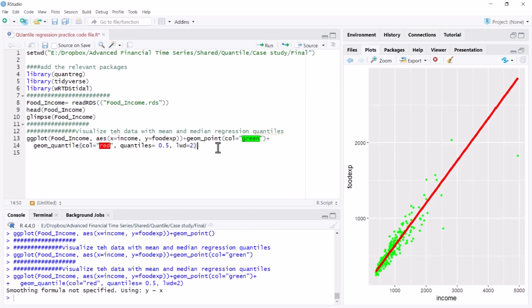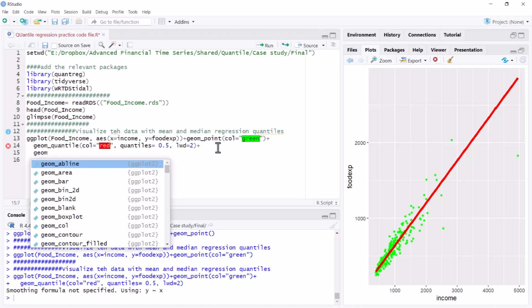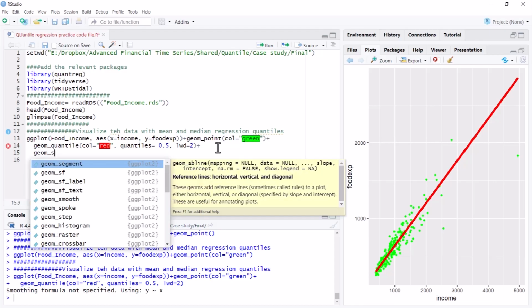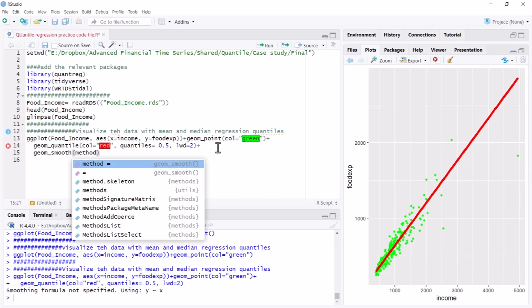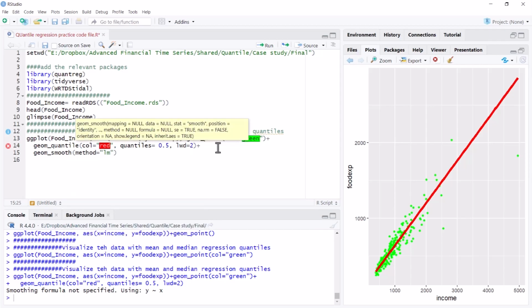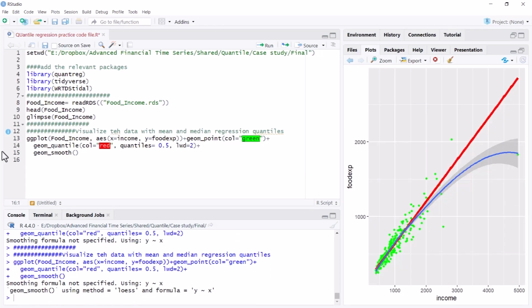Also, I would like to pitch it against the OLS kind of model. So what if, along with this median, the OLS, which is a representation of conditional means, is the same or how different is it? So I'll add the smoother, and the smoother method I'll specify as OLS. So OLS is specified with linear modeling, LM. LM specifies that a linear plot is to be added. If I did not add that, you would find the output very interesting. You'll have a non-linear kind of setup, but I don't want this non-linear thing. I want more of a linear kind of setup.